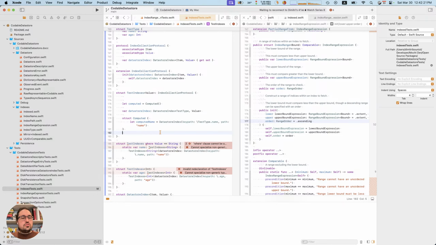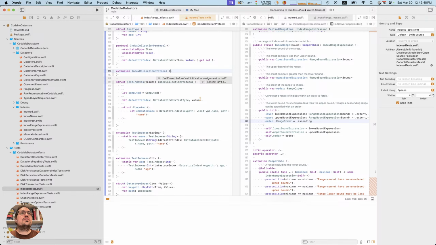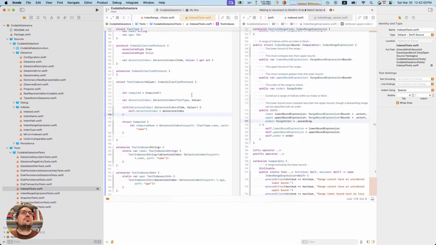Oh, whoops. That might have worked if I typed the wrong thing. Typed the right thing. Extension. Okay. This seems like I'll need to define it myself.